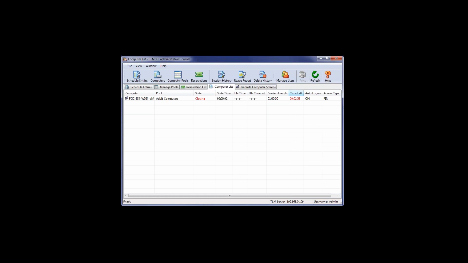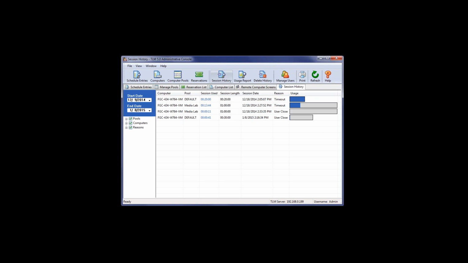So we've taken a look at how you configure some of the TLM properties and set up pools and assign a computer to a pool. We'll take a look at the reports. The reports are useful. It allows you to see different session histories. So this is individual session history for what would be all of the computers on the network. In this case, again, I only have just the one machine set up, but it shows me each individual session,